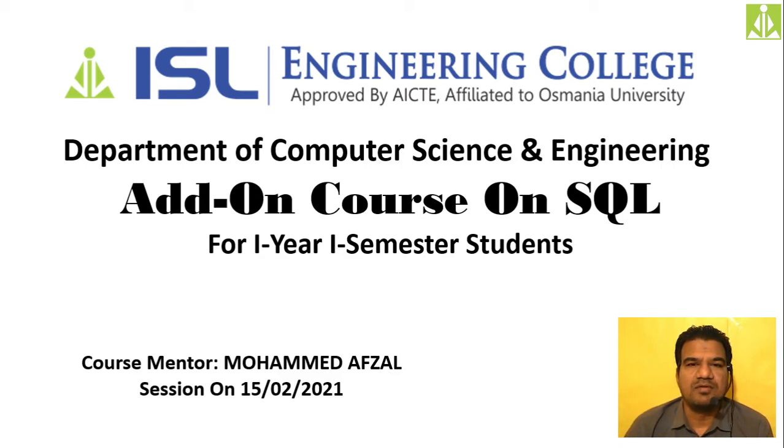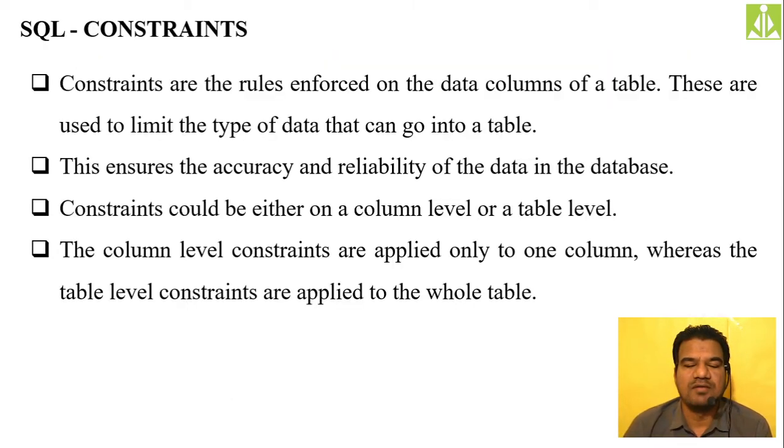For example, for a voters table, there should be a restriction that the age of the voter should be older than 18 years, and only then will we make the entry of that particular voter into the voters table. This sort of condition, this sort of constraint rule, we can impose on the table with the help of SQL constraints. In our previous session we defined what constraints are, and we said they ensure the accuracy of the data which you are entering into the database.